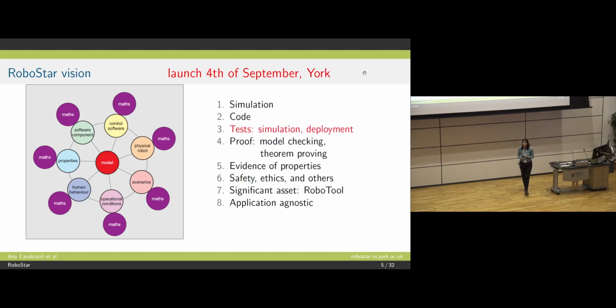You don't need to write the simulation code anymore. You can get the simulation code, but given the approach that we follow, the simulation code can be used for deployment in the real robot as well. We can generate tests automatically for use in simulation and deployment, and that's what I'm going to tell you more